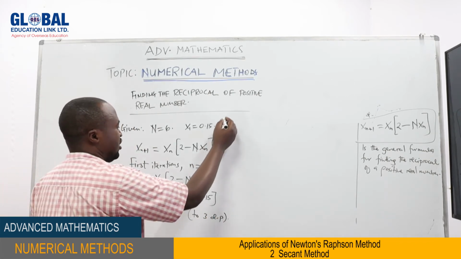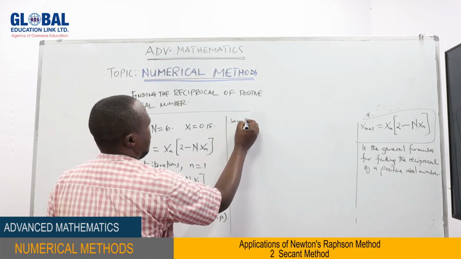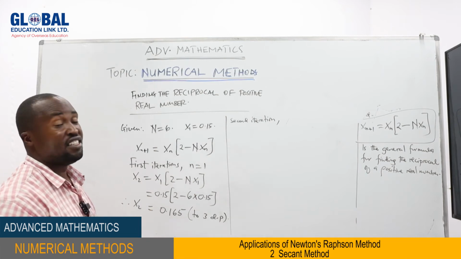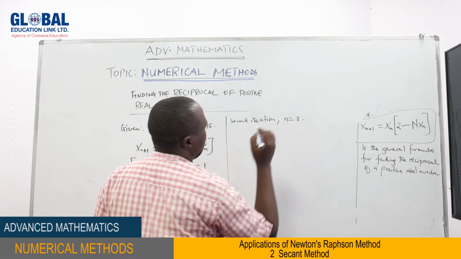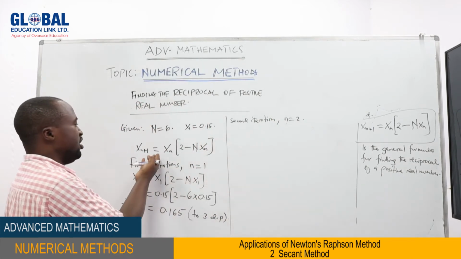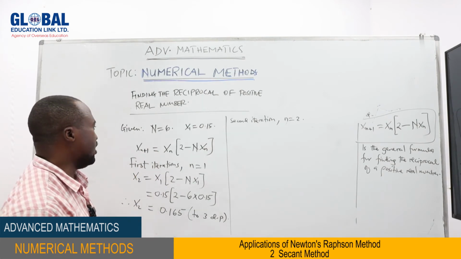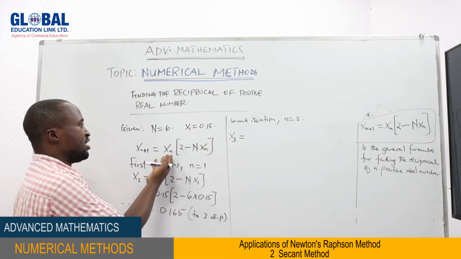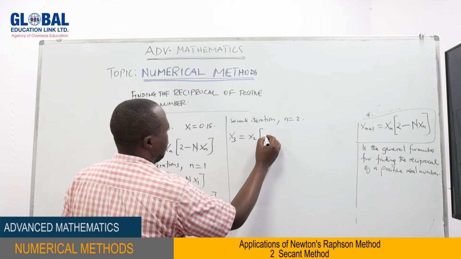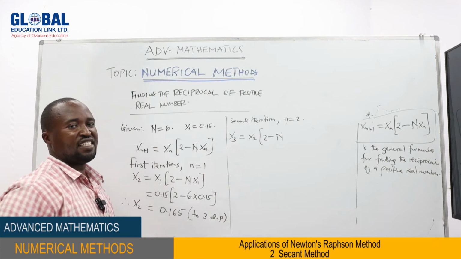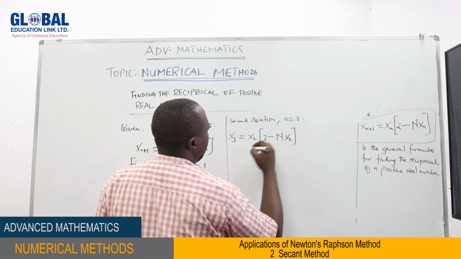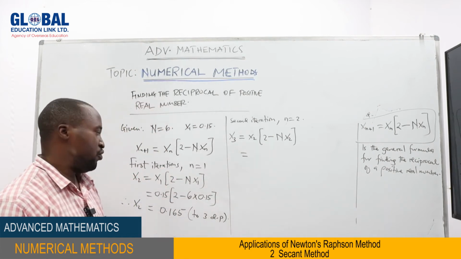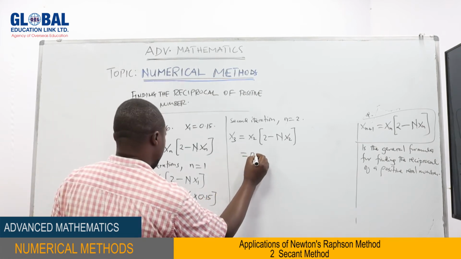Now again, for the second iteration, this time we say n is equal to 2. So here n is equal to 2. So we just substitute the value of n in our general formula for finding reciprocal of a positive real number. So that is 2 plus 1, it will be x3, which is equal to, now here we have xn, that is x2, bracket of 2 minus, we have n times xn, that is x2. So we just substitute now values for x2 and n. So here we are going to have x2. Our x2, it is this one, that is 0.165